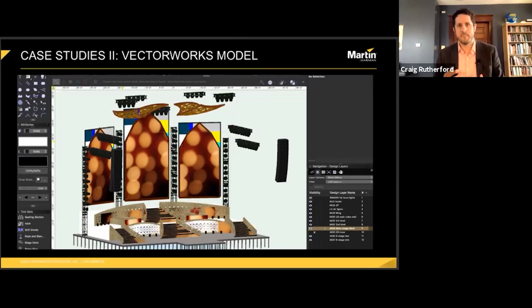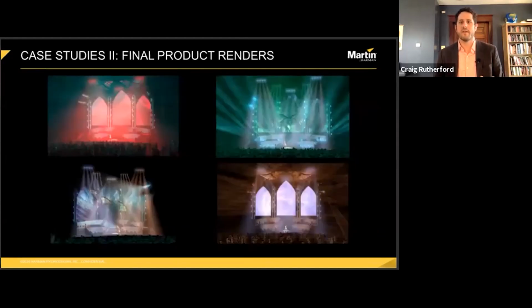Then, once I had the PM's approval of the general shape of the set, I went into designing and rendering the lighting. And again, referring back to my given inspiration here, I wanted the lighting to be very stylistic and moody. And so that's the sort of design that I did with my renders. I wanted to really emphasize the LED neon and put lots of powerful lights above the wing to help reveal its form as an architectural element within the design.